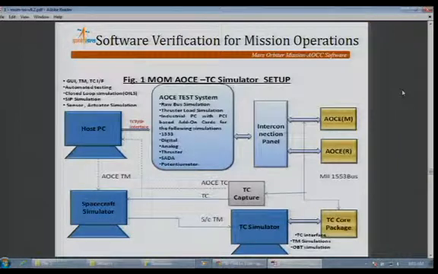So the operational validation aspects have been done during the Mars Orbiter mission. There is a requirement of the telecommand simulator, an important system that was also brought in, and AOCC systems have been brought in. And with the AOCC and integrated test system, this was validated for various missions, various phases of the mission. Next slide, please.